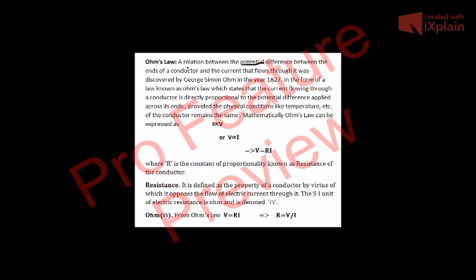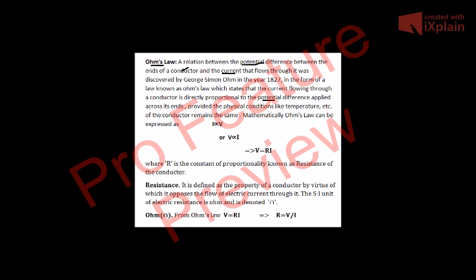Does the flow of current depend upon the potential difference? If we increase the potential difference, will it affect the magnitude of the current, or will the magnitude of the current remain the same? This was proved by Ohm in the form of a law that is known as Ohm's law. He found that the magnitude of the current increases if we increase the potential difference of the cell, and the magnitude of current decreases if we decrease the potential difference across the ends of the wire in which the current is flowing.